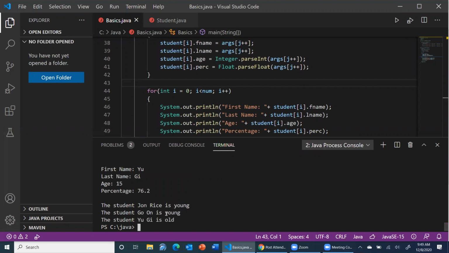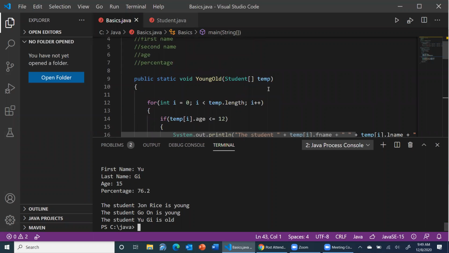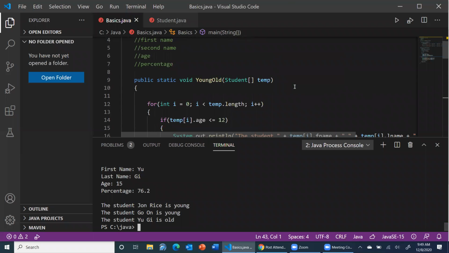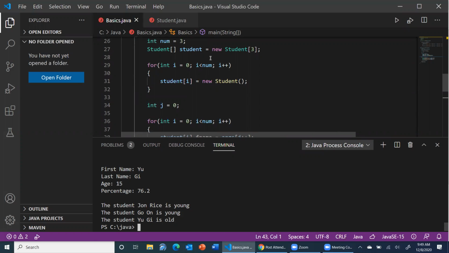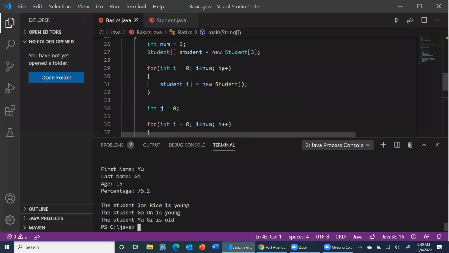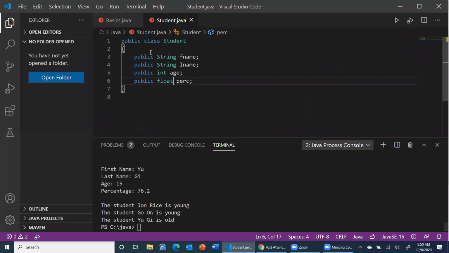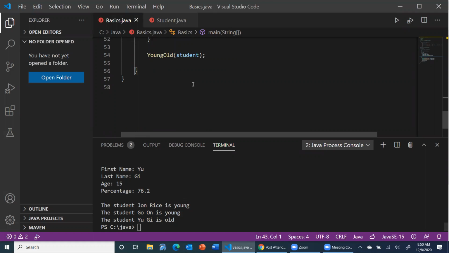ठीक है ना? आप देखें, the student John Rice is young, the student Gogan is young, the student UGO is old, ठीक है। अब उससे फायदा ये हुआ कि अगर मैं classes use नहीं कर रहा होता और same output produce करना चाहता, तो मुझे नेम का भी एरे पास करना होता, एज का भी एरे पास करना होता, लास्ट नेम का भी एरे पास करना होता। तो तीन एरे पास करता, फिर तीनों एरेस को यहाँ पे इस्तेमाल करता। अब वो तीनों एरेस पास करने की जरूरत नहीं है, because I already have all the data of the student within this array of students, so all I need to do is pass the array of students. और हर array of student के अंदर उसकी individual values हैं, मैं उनको access कर सकता हूँ as long as those values are public, जो कि इधर public रखी हुई हैं, तो मैं उनको change कर सकता हूँ, जिसकी वजह से हमारा जो output है वो काफ़ी elaborate हो जाए, ठीक है।